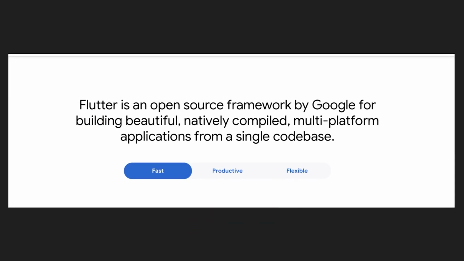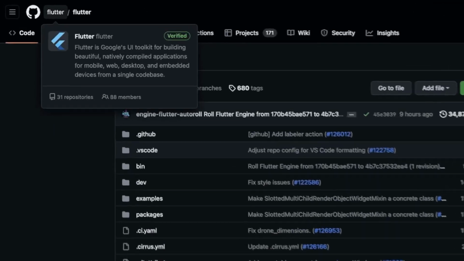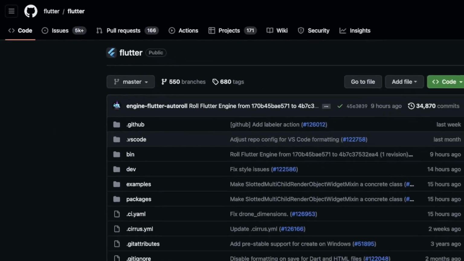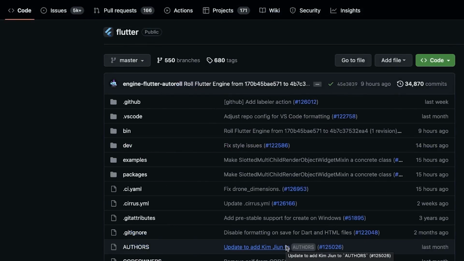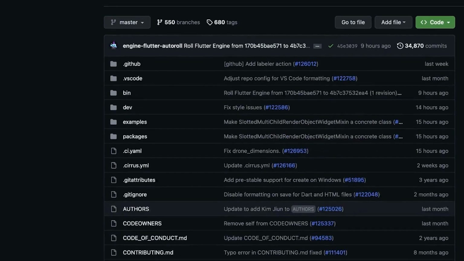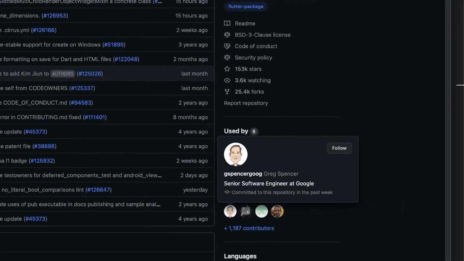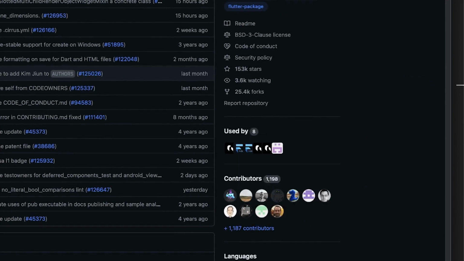So first, Flutter is open source. And we already know that it's a framework. We covered why that is. And it's an open source framework by Google. So what does that mean? That means you go to GitHub, you can find the repository called Flutter/Flutter. You can actually look at the Flutter code in here. So the Flutter framework is out there fully for you to see how the code works and how it was implemented. And you can even look at the contributors, and you'll notice that the contributors are software engineers at Google.